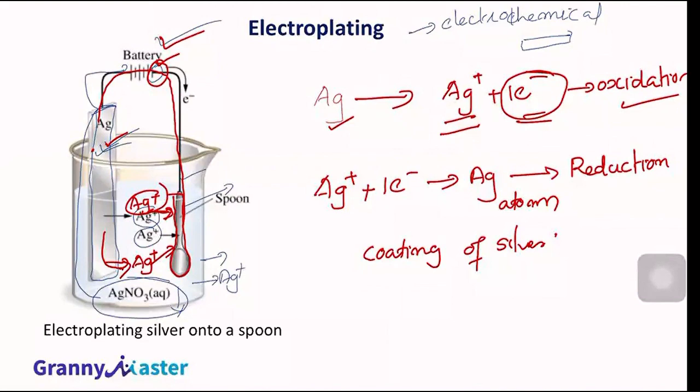Similarly, we can explain electroplating of different metals on different substrates. For example, if I want to coat my silver jewelry with gold, what do I have to take? Silver jewelry I have to take instead of the spoon. I have to coat gold, so I have to take gold as the gold strip. And as the solution, I have to take a gold solution. That's it. I have to supply electricity. The same reaction will happen. Gold will become gold ions. Gold ions will go and attach to my silver jewelry, and it will take one electron from the silver jewelry and get deposited on it.